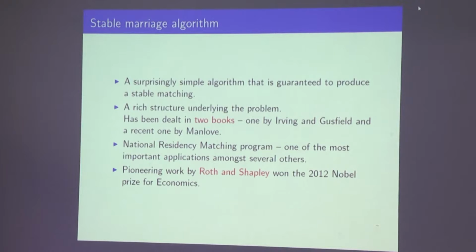As soon as it is filled up, if that person happens to be of better caliber or better rank than the last person who he has admitted, he is going to replace that person, or reject this person itself, right? So this stable marriage algorithm is very much at the core of what happens in the National Residency Matching Program,